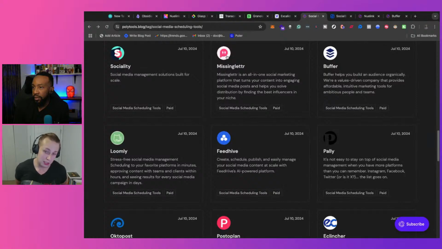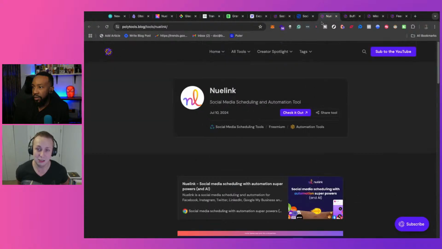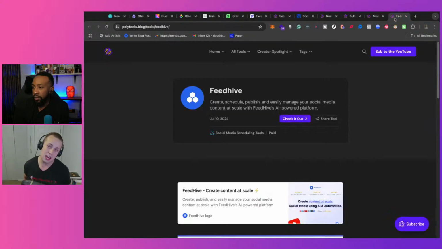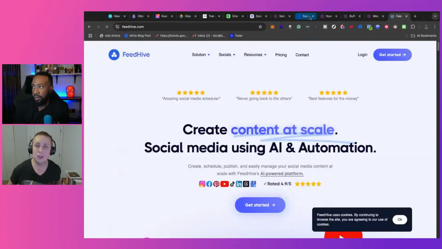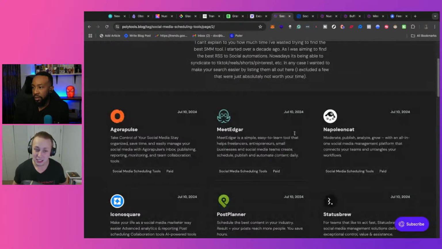One of the newer ones right there is FeedHive. I don't remember the creator's name who made it, but he made it because he was frustrated by all of the lacking of features for a lot of these different tools. And Buffer, it's great, but you can only do 3 accounts on the free plan. If you want to do more than that, you have to pay like $6 per account per month, which adds up quickly. Hootsuite is another commonly used one, and I loathe it because it has a terrible interface. It's extremely expensive, and it really doesn't do anything better than anything else.